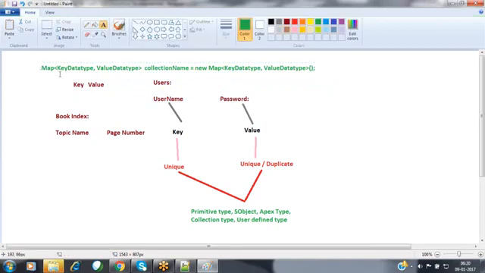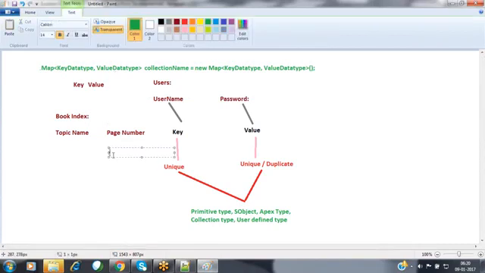So now, what are the various functionalities given by the map collection? Let's see practically here. Map is a key value pair collection where every element inside that map should have the key as well as the value. Key is the base based on which we can identify that particular element. If we want to get that value, first of all, we have to know that key. If you don't know that key, then we cannot get the value here. So compulsorily, we should have the key. Based on that key only, we can fetch the value.